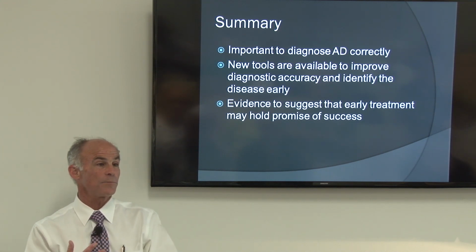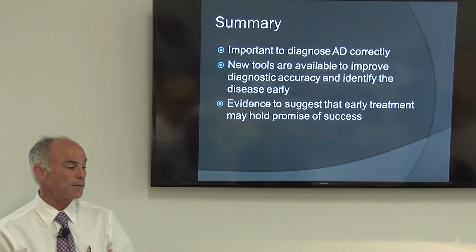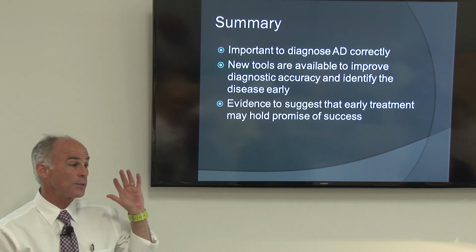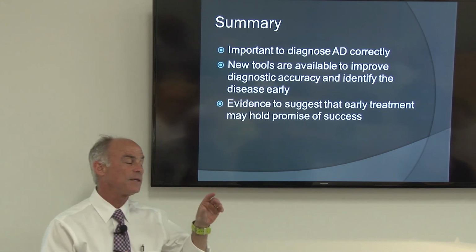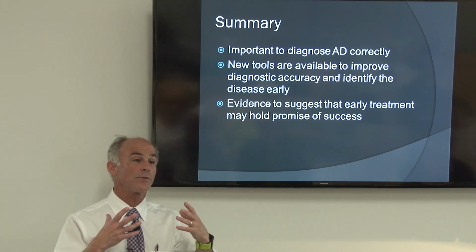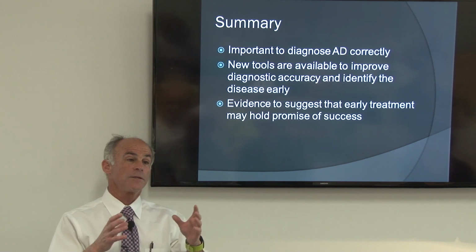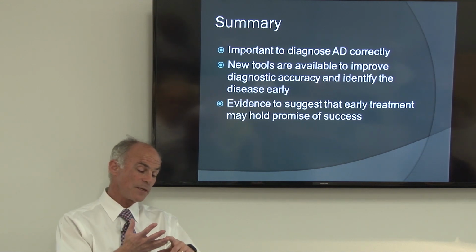The most important probably is exercise, physical exercise. There's just a lot of information about the role of physical exercise and brain health. And it's not because you're increasing your blood flow to the brain. It's actually that you produce chemicals in the brain that are protective, at least animals do. So physical exercise, probably number one. The second is